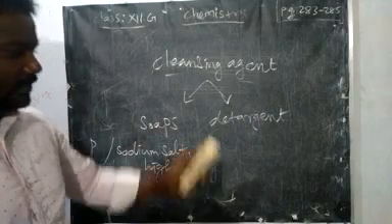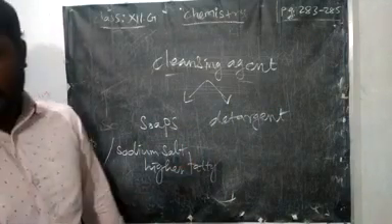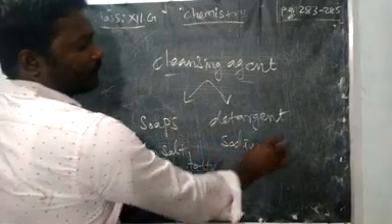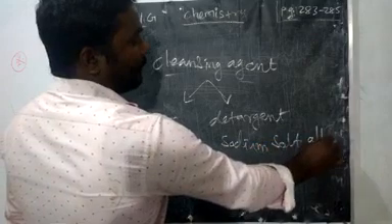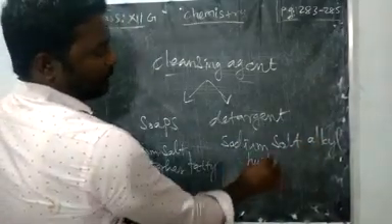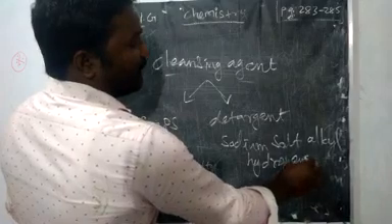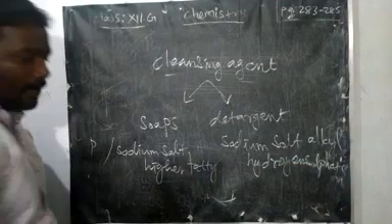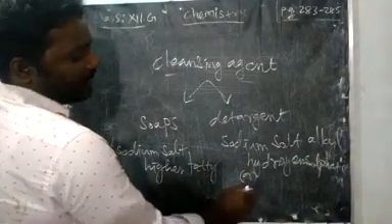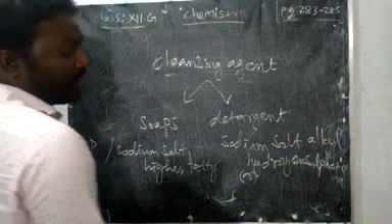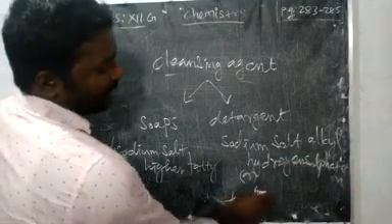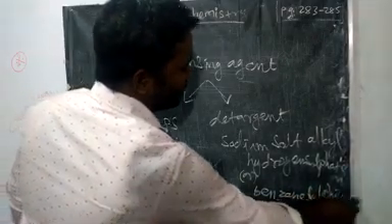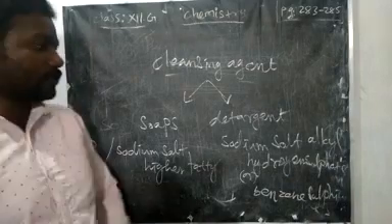What are detergents made up of? Detergents are nothing but the sodium salt of alkyl hydrogen sulfates. See, a sulfate compound with sodium salt, or it may have the sodium salt of benzene sulfonic acid. See, with the benzene group there is a sulfonic SO3H group, sulfonic acid group, right?